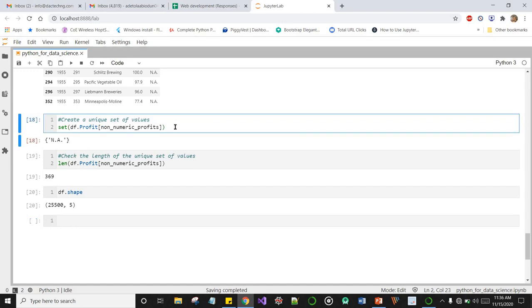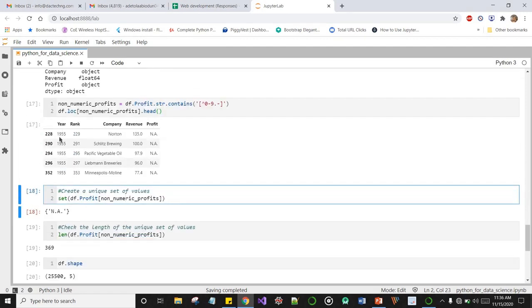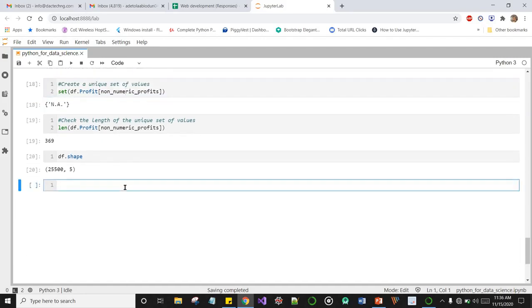They are actually empty values in our data set, and we would also want to visualize how these non-numeric profits are distributed in our profit column, how the distribution varies with the year and with different companies. So we'll be able to QC our data properly. So let's import some plotting libraries.